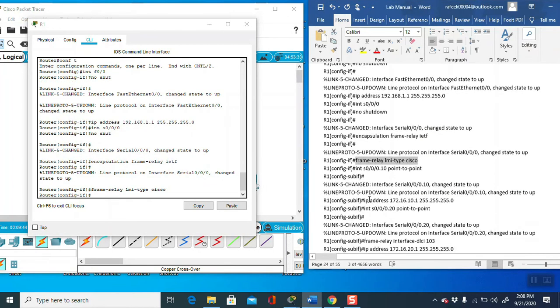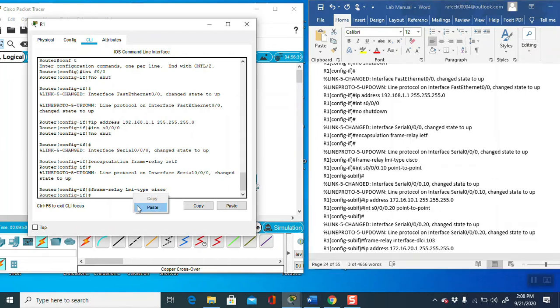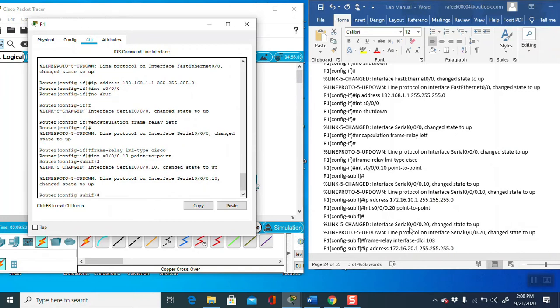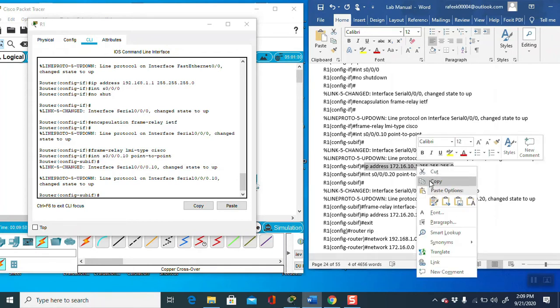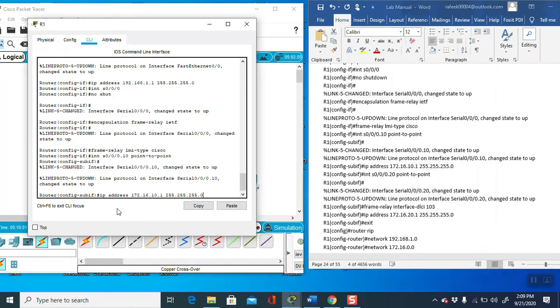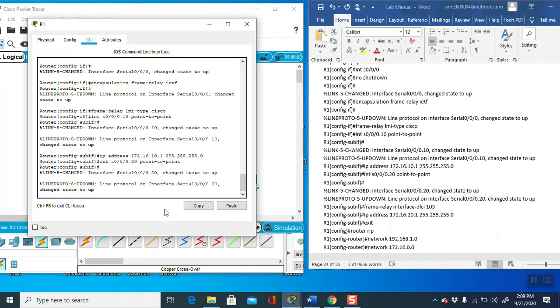Now copy this command and paste here. Now take this IP address, copy, paste. After this, copy this command and paste.